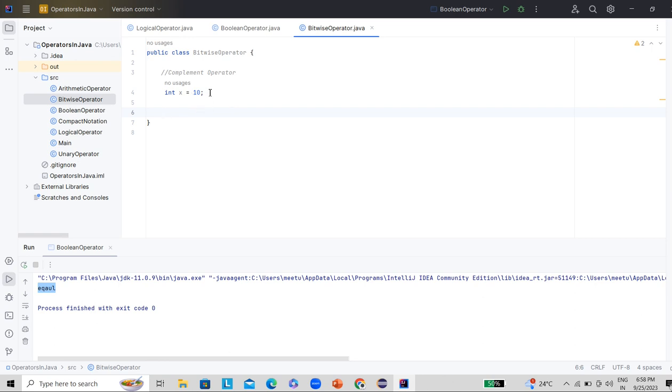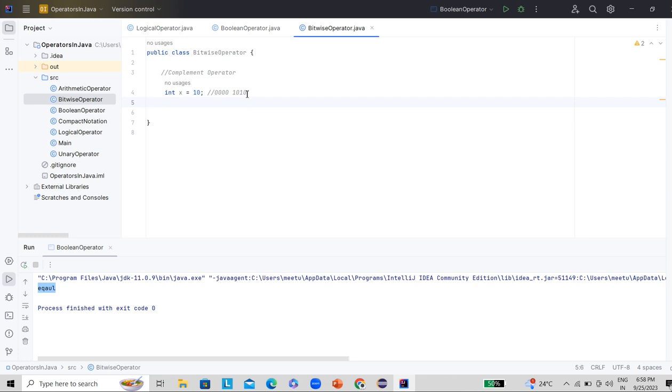First internally it is going to convert this 10 value into the bit byte format, basically 0 1 format. So what is the bit byte format of this x value? It is similar to 0 0 0 and so on, like this. This is how it is denoted in the bit byte format.